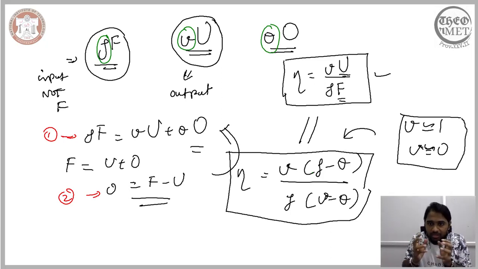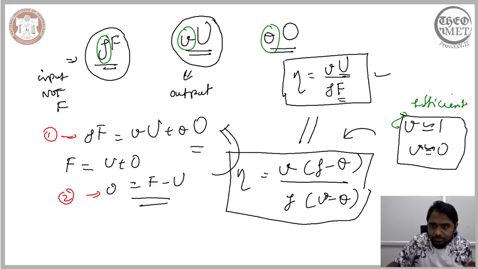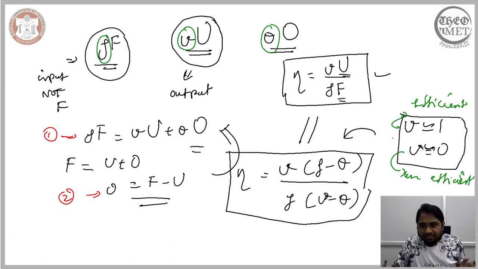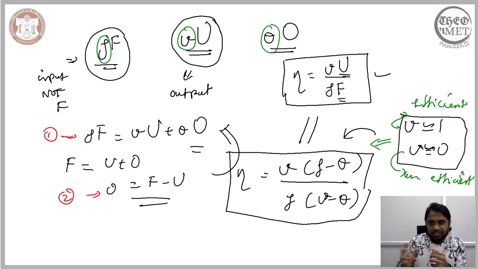In addition to that, it is possible for us to make reasonable assumptions, like here. So this would be for a more efficient process, and this will be for a less efficient process. So it is possible for us to make reasonable assumptions and substitute those values into this expression for efficiency, thereby making it more specific. So these generalized expressions, irrespective of the role of screening in the overall comminution process, help us specifically quantify the level of screening that is achieved.